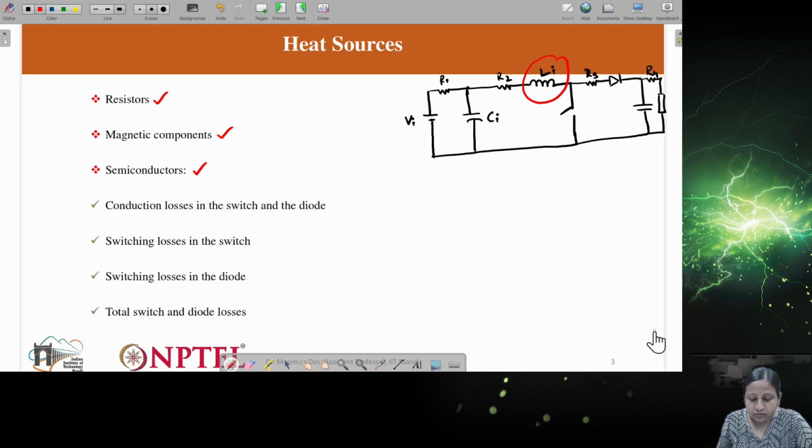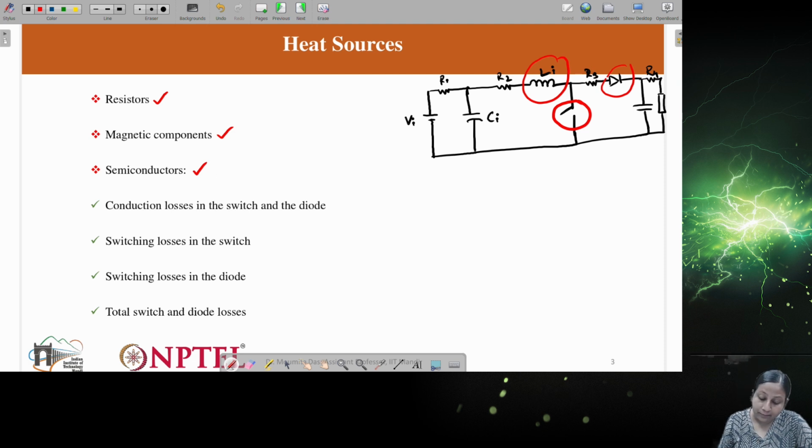So now the third component is semiconductor. The semiconductor which you know as the switches or diodes, right? So this is simple boost converter. It has one switch, one diode. If it is inverter, so conventional inverter where 6 different switches are there. So for forward operation 6 different switches will come into picture. If there is reverse operation, then the body diode also will come into picture. So you have to consider all the components for power loss calculation.